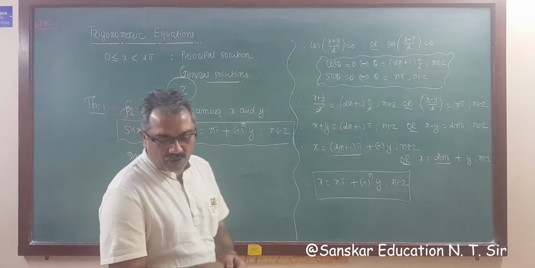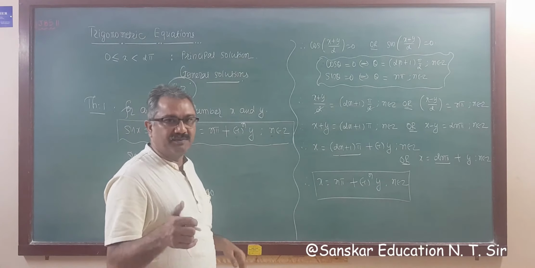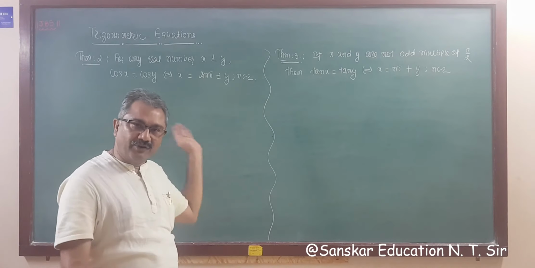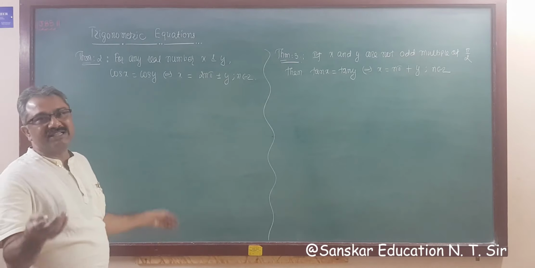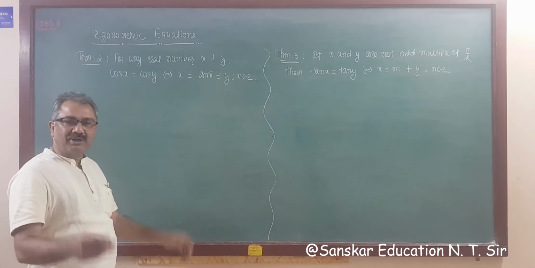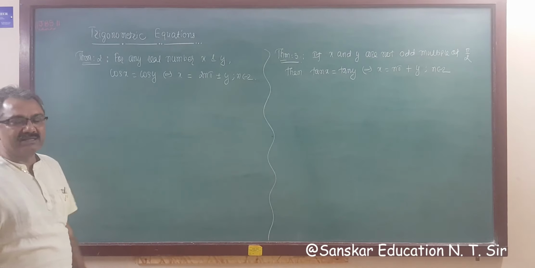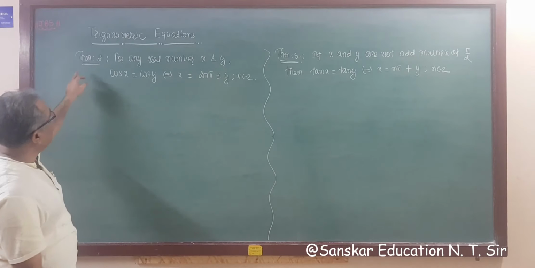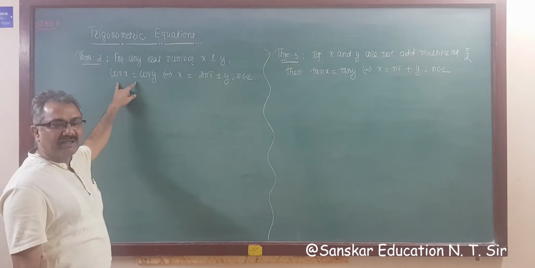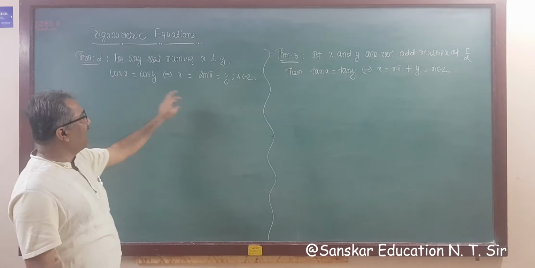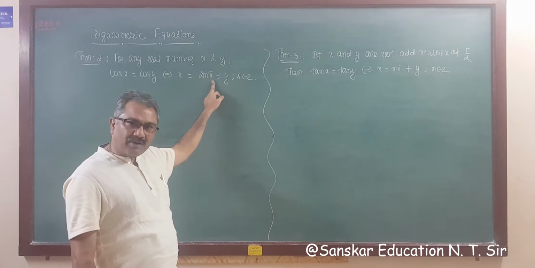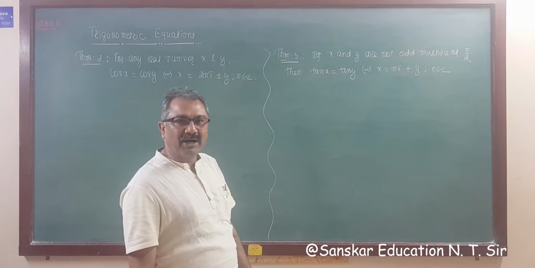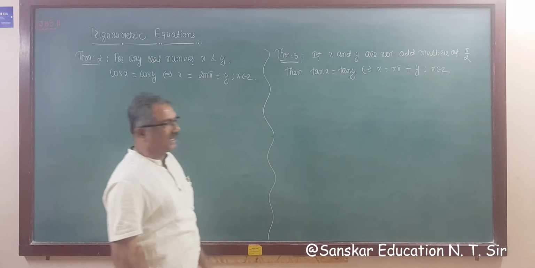Now next is for cos, but for that I require space. So wait a minute. So theorem number 2 and theorem number 3, right? That is only 3 formulas for sine, cos and tan, right? You can change sec into cos and cosec into sin, so we get the solution. So you have to remember only 3 formulas, and the 3 are very similar and very easy to remember, right? So now for any real number, the set of cos x is equal to cos y. So the solution set of cos x is x is equal to twice n pi plus or minus y, while the solution set of tan is x is equal to n pi plus y, n belongs to Z, right?